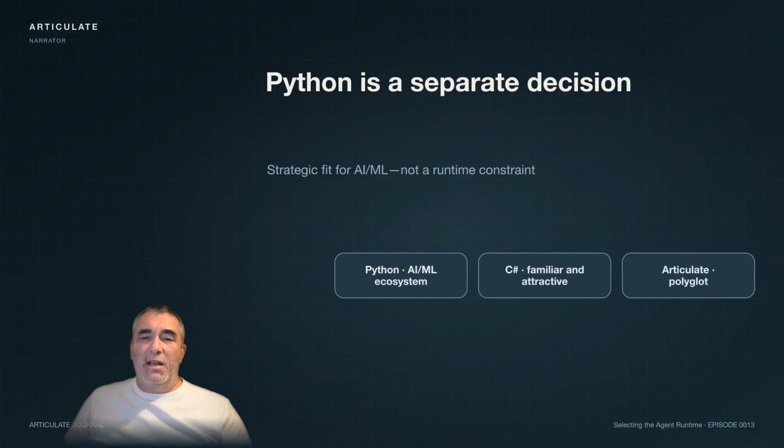That doesn't mean that Articulate suddenly becomes a Python platform. The architecture shouldn't require every capability to be written in the same language. If another capability is better implemented using C#, Go, or something else in the future, the architecture should allow for that. But for the parts of Articulate closest to AI, machine learning and reasoning, I think Python is the stronger strategic fit. So Dapr Agents being Python isn't the reason for choosing Python. The two decisions simply reinforce each other.